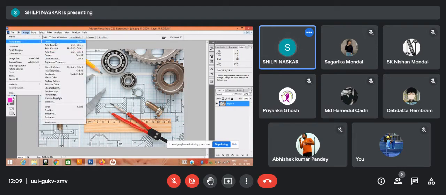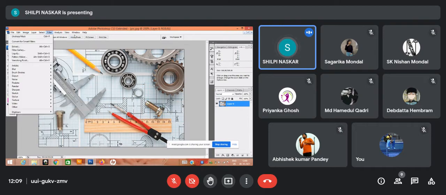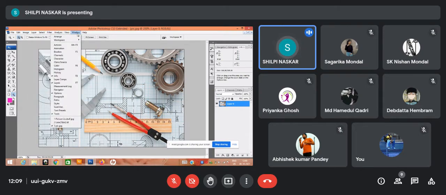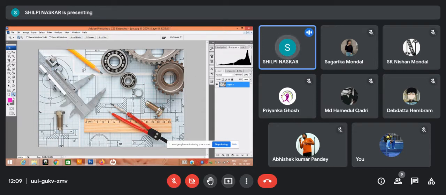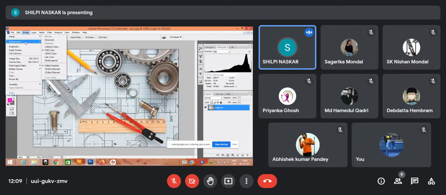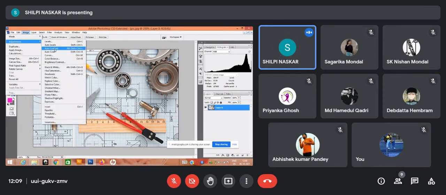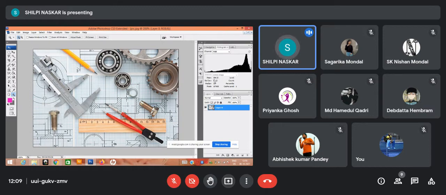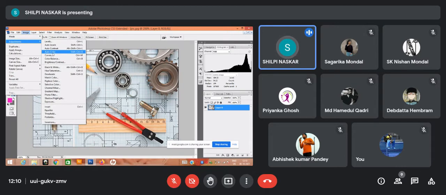How can you check it? If you open the histogram of it, but as you haven't done the histogram till now, I have just told you Control Z. Now I am making it auto contrast. See here, the mean changes. You will actually learn what the mean and standard deviation are later, when you study the histogram; it is not possible to explain them right now. Anyway, auto contrast is done. Then auto color, you can do that also.